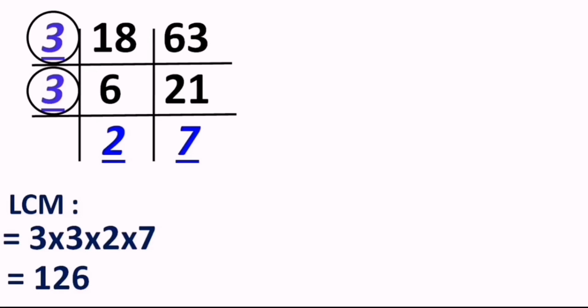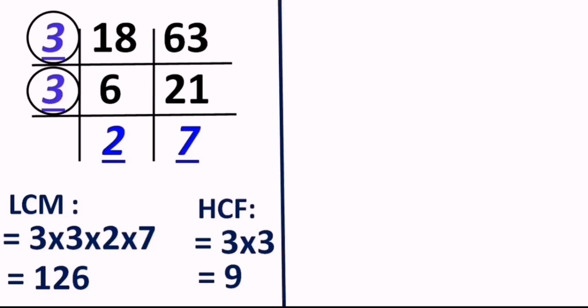Okay. And for the HCF, which are the numbers we are going to take? We will choose only those numbers which are dividing all the numbers given in the question, or in the structure or the layer that we found. Okay. So those numbers are only 3 and 3, right? And that makes our HCF 3 into 3 equals 9, right?